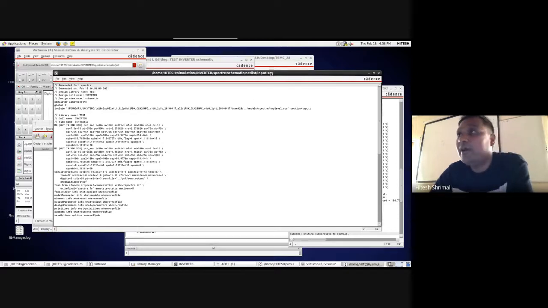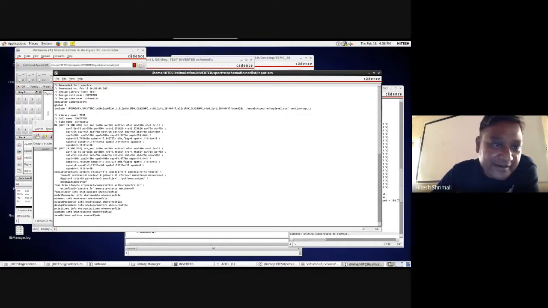And if you go to Eldo, because I use Eldo more, there is something called a .cir file, and CIR is for circuit, just dot circuit, and that's for Eldo. And Eldo is from Mentor Graphics, and this one is from Cadence.